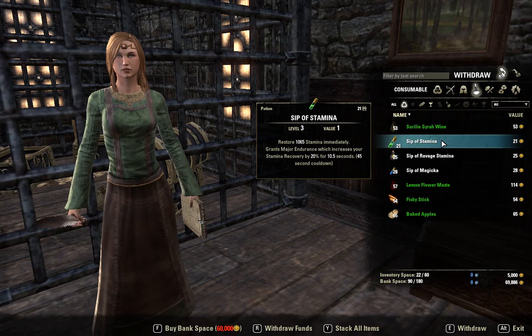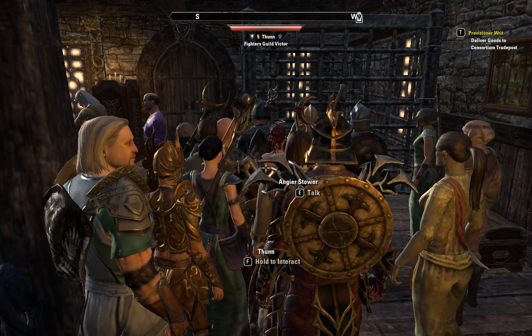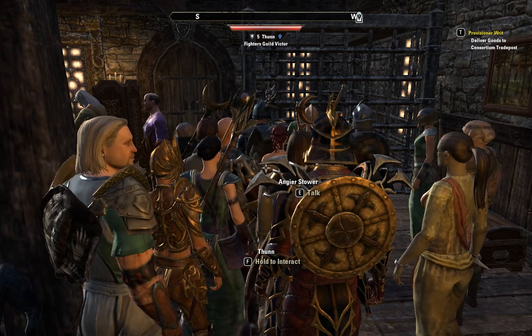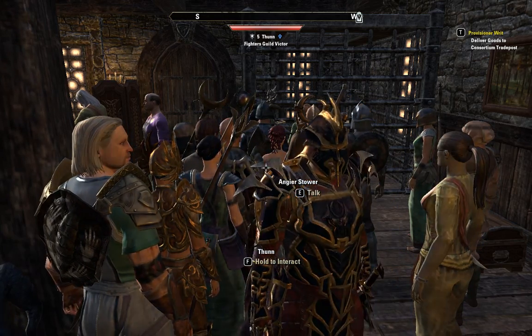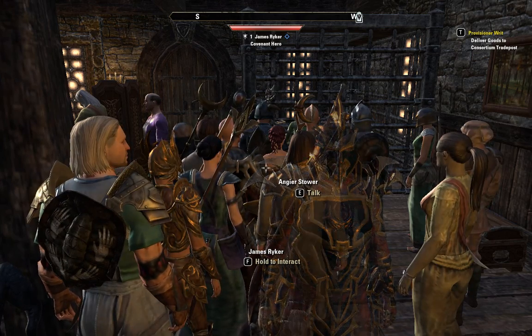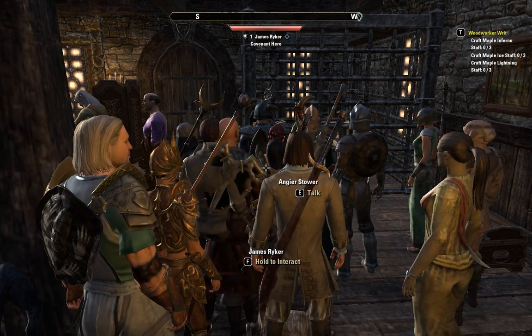What about my enchanting writ? Enchanting writs are unique among the consumables in that you have to complete your glyph. You cannot make glyphs ahead of time on another character and then just take them out of the bank. They have your name on them, you need them with your name on them to turn in and fulfill the writ. So let's go take a look at our